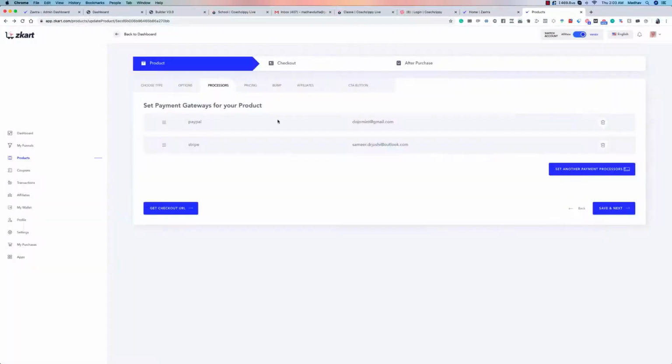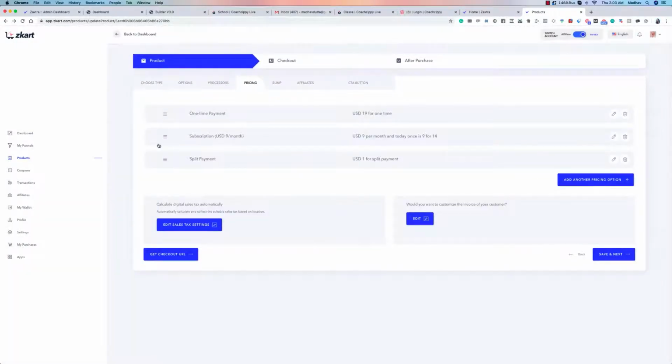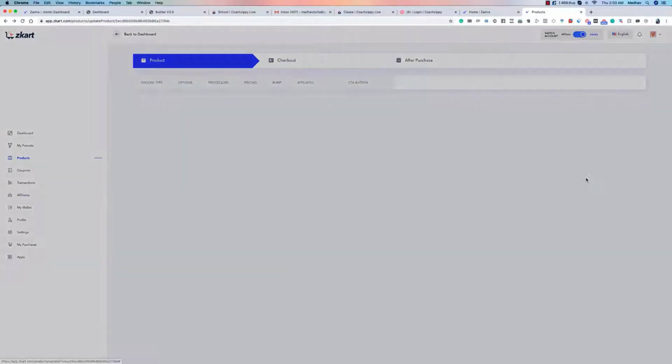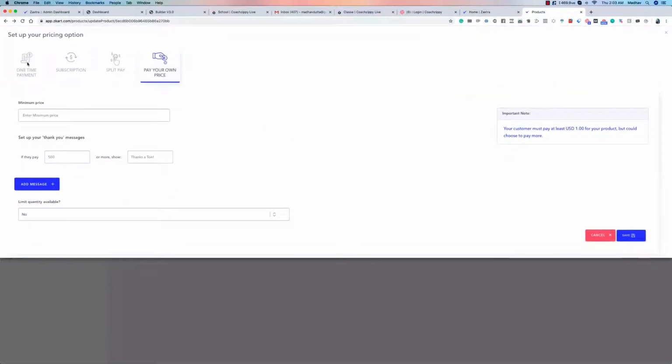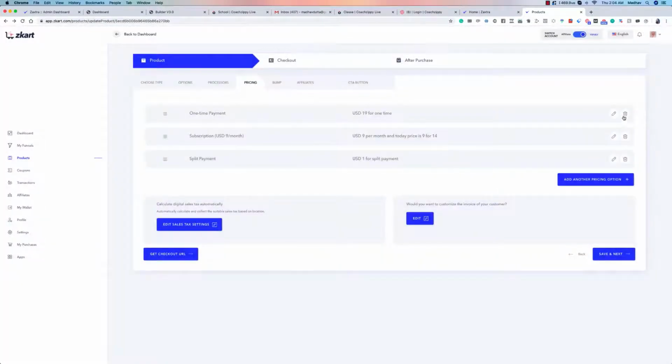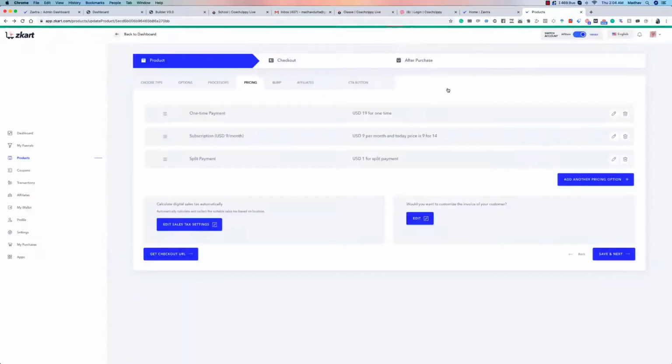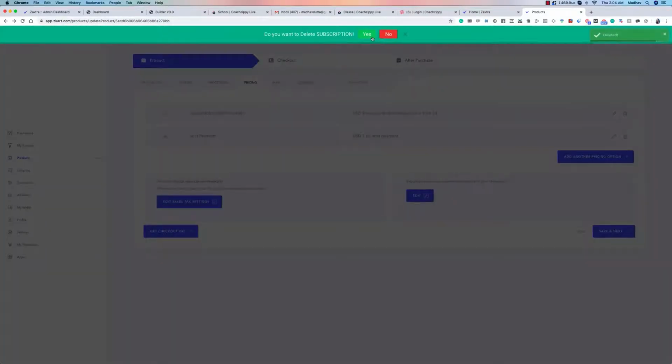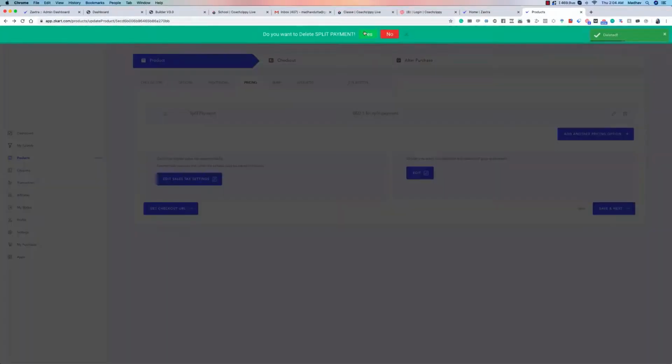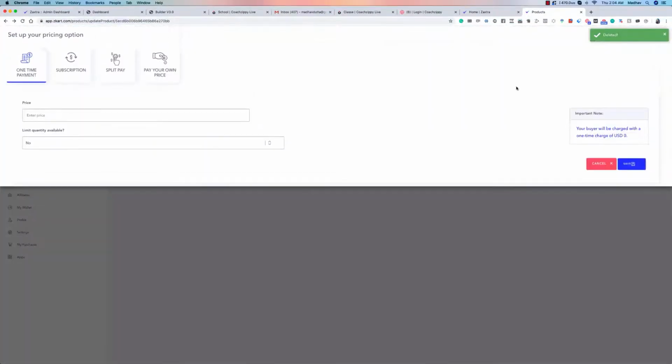In this case, there are Stripe and PayPal. And then there are pricing options. Okay, so let's just take a look at these pricing options. Options are one-time, subscription, split pay, and pay at your own price option essentially. So let's just delete this for now, the ones that I had put in earlier just for demonstration purposes, and let's do this new so that you